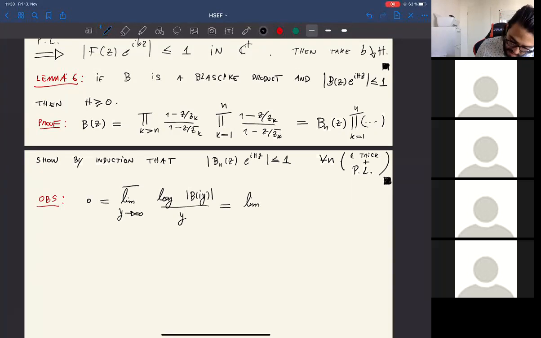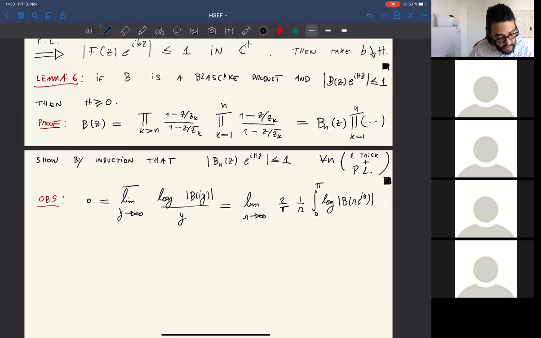And this would be the actual limit. So the Blaschke product is of bounded type, of course,